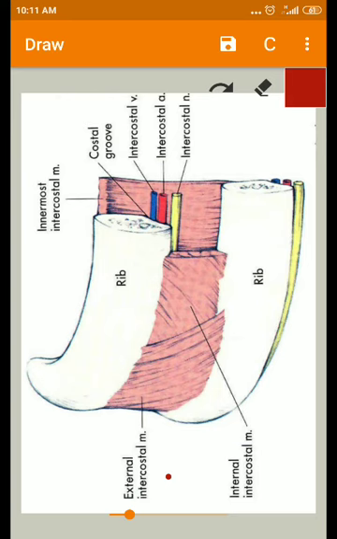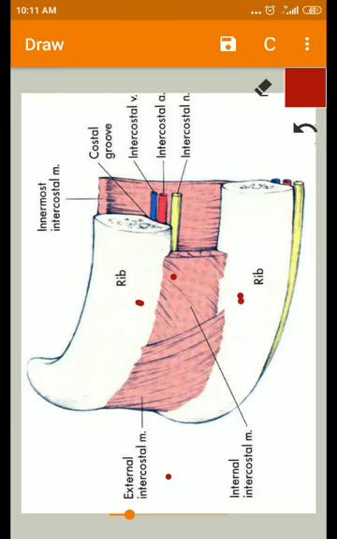These muscles are supplied by the intercostal nerves. So external intercostal muscles are supplied by intercostal nerves. Now coming to the internal intercostal muscle. So here this is the internal intercostal muscle. There are 11 pairs of internal intercostal muscles. In each intercostal space, it extends from the